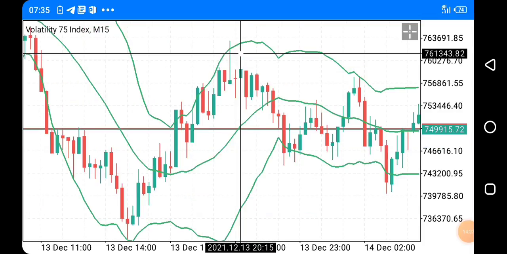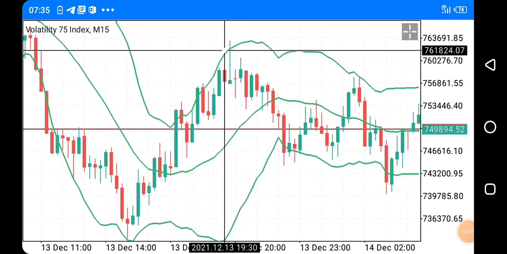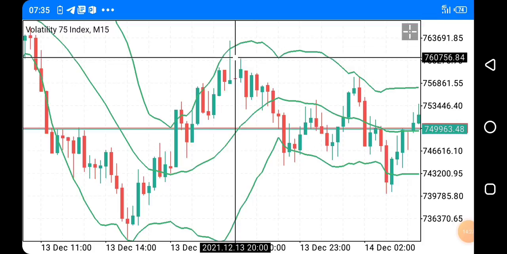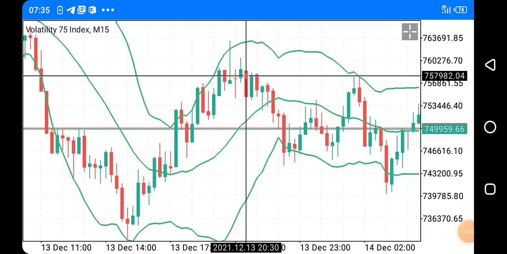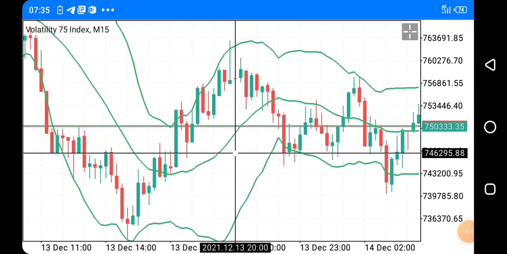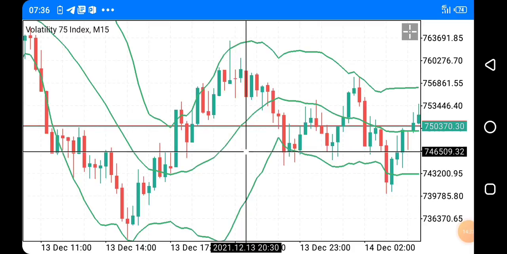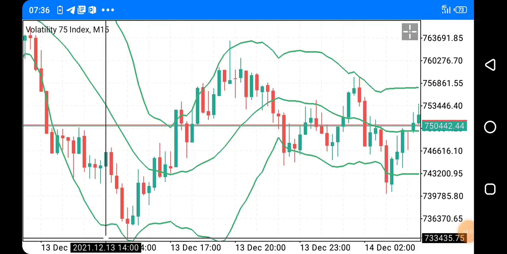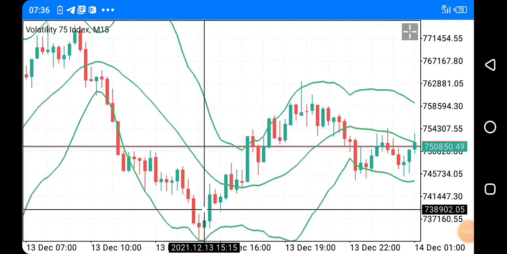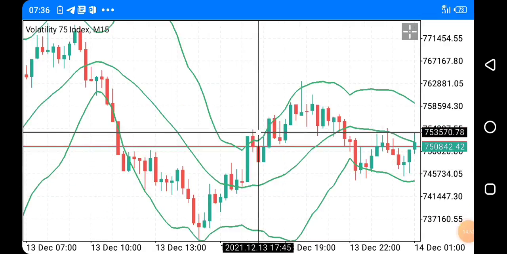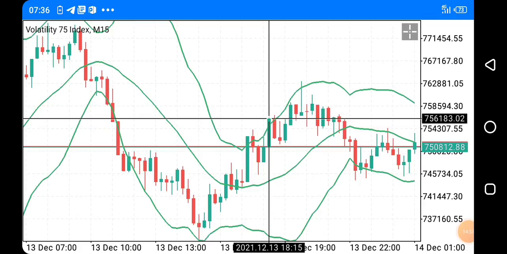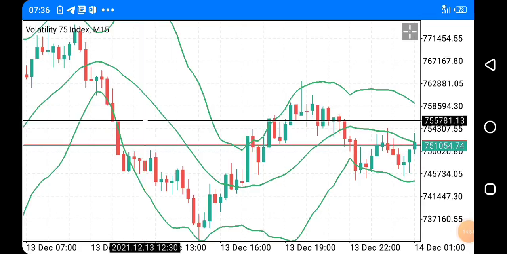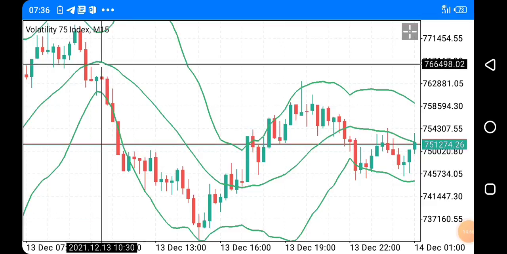This is another setup. You see that there was a pin bar candle here, there was a rejection, a doji, and you see how price moved down from here, and then it made it to the third Bollinger. So that is for 15 minutes, and down here you can see that we are taking a buy order. See how price moved to this upper Bollinger here. You can see how it moved rapidly because there is volatility,